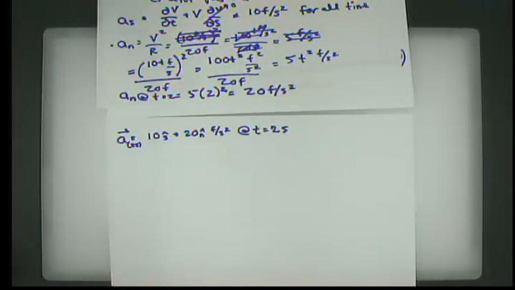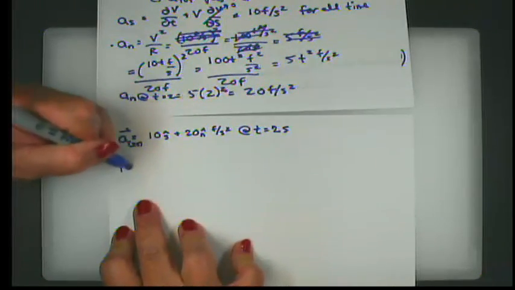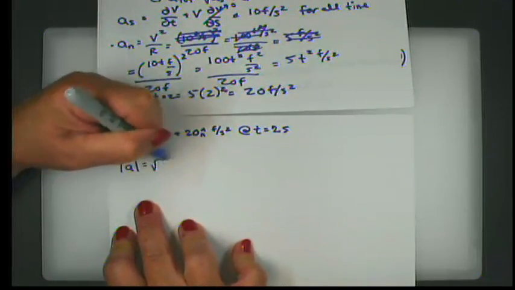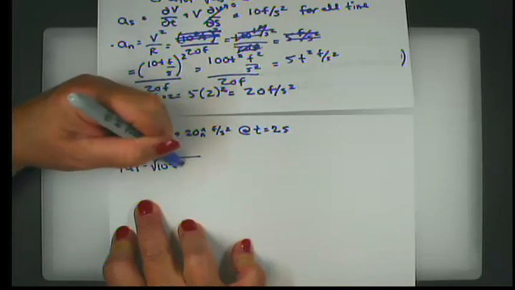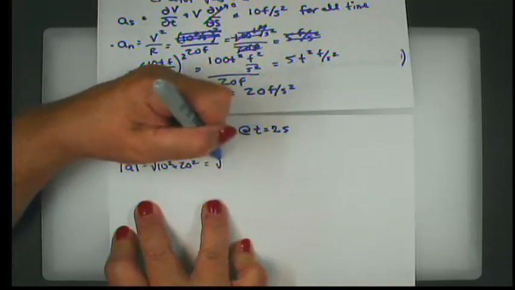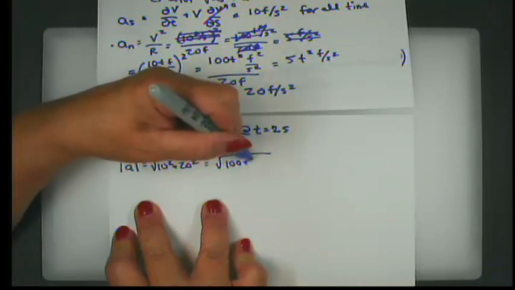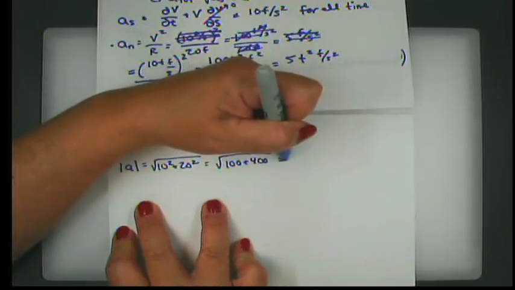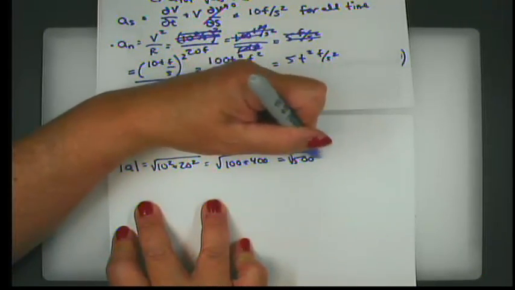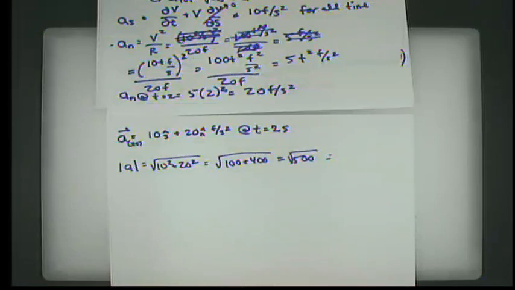All right. So it asks me for magnitude then. The magnitude of the acceleration is square root 10 squared plus 20 squared, square root 100 plus 400, square root 500, and I could break that out,